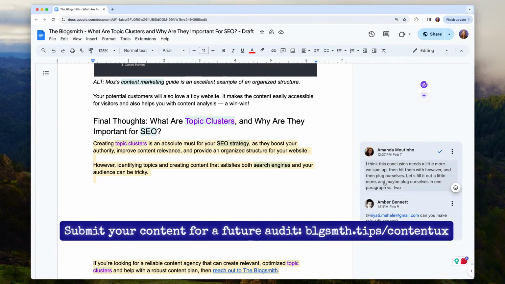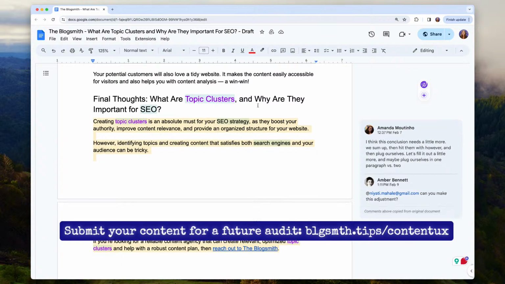And then again, defending us as the client: how does this relate back to the Blogsmith? We have interspersed ourselves throughout in terms of those internal links that I've mentioned, but how do we wrap it up at the end in a way that makes sense for why we're even covering this topic, what it has to do with us as a brand. So, yeah, I hope that this was interesting and useful in terms of what our process is.